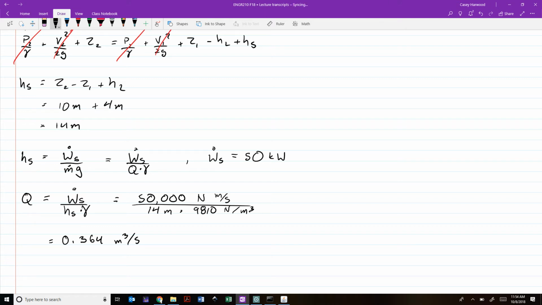All right, so now that we've got that, I'm going to leave you guys for another 2 minutes to try to work out what the rate of energy loss is. The rate of power or of energy dissipation. This one doesn't have an equation written up here, but if the head loss is 4 meters, compare that to how we